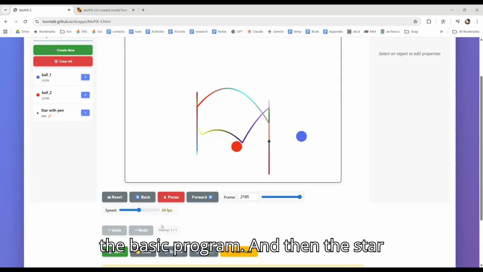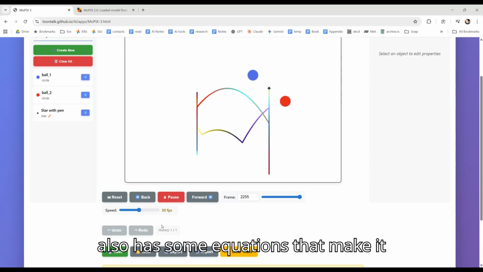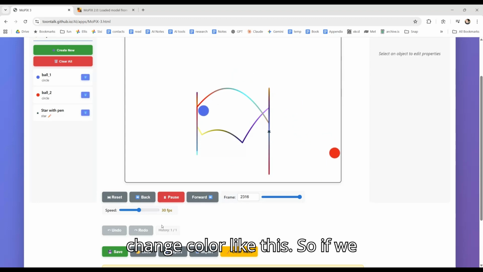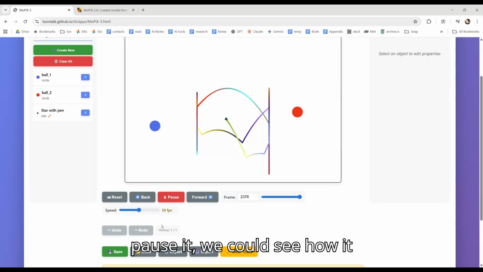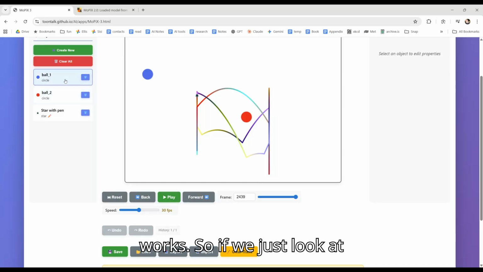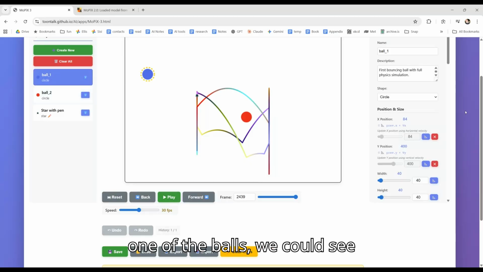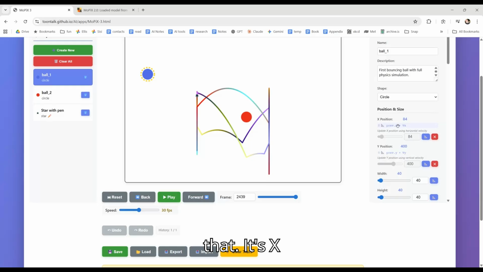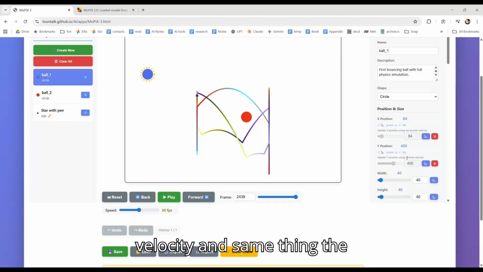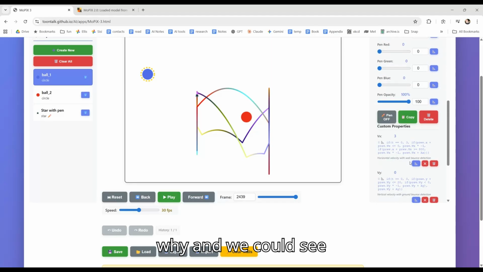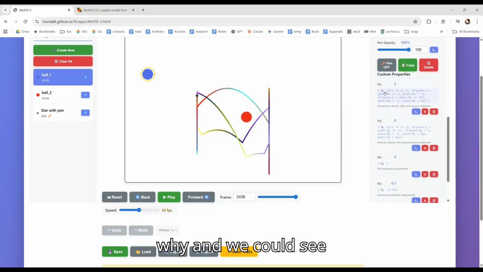And then the star also has some equations that make it change color like this. So if we pause it, we could see how it works. So if we just look at one of the balls, we could see that its x position every time is just the previous one plus its velocity, and same thing, the y. And we could see that the velocity